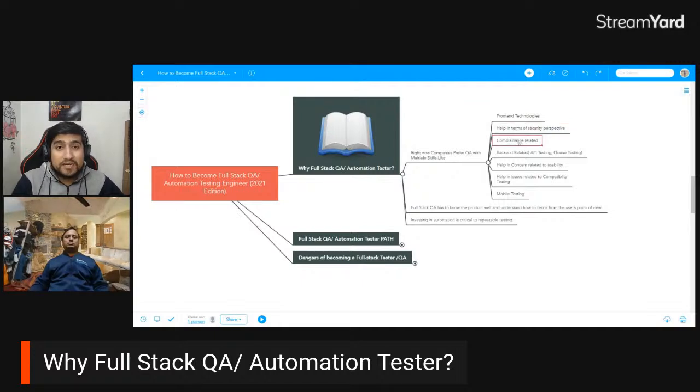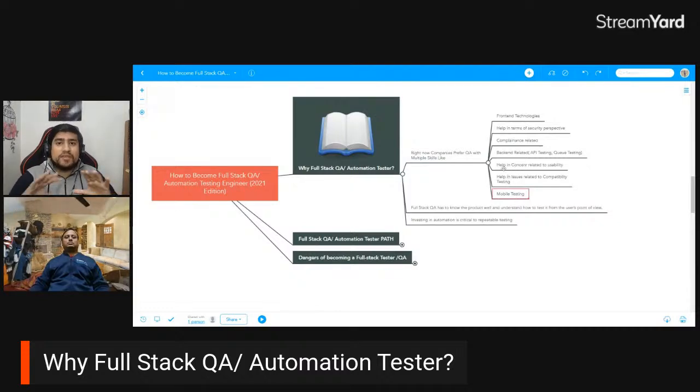Compliance related cases: whenever you are testing any kind of product, you should add these compliance related test cases. It means, for example, how GDPR related things are handled with this product. This is actually expected from you. Backend related, yes, as we have discussed, and concerns related to usability, compatibility, and even mobile testing. If there's a particular app, you are expected to cover it.